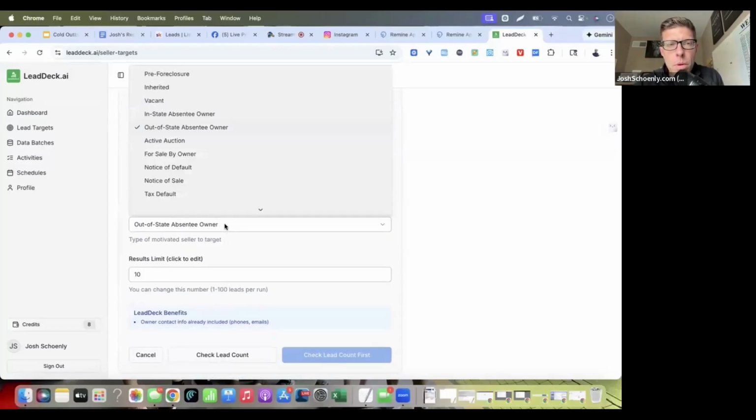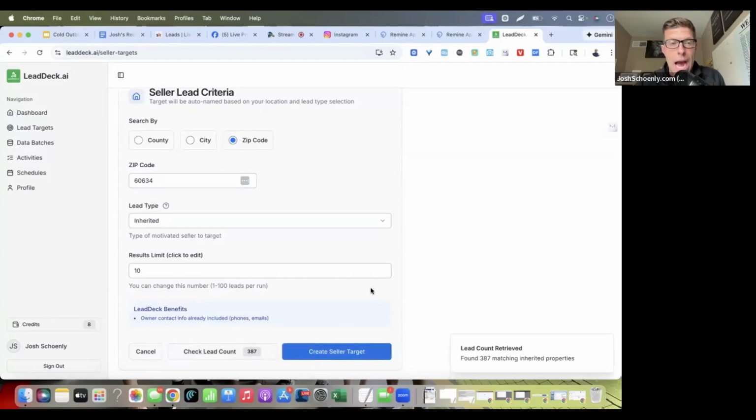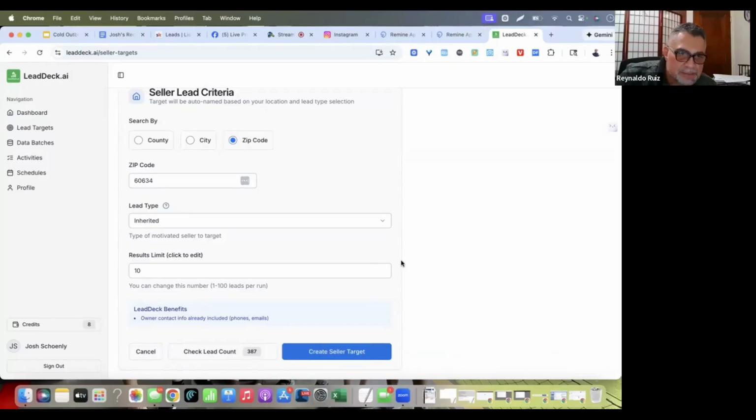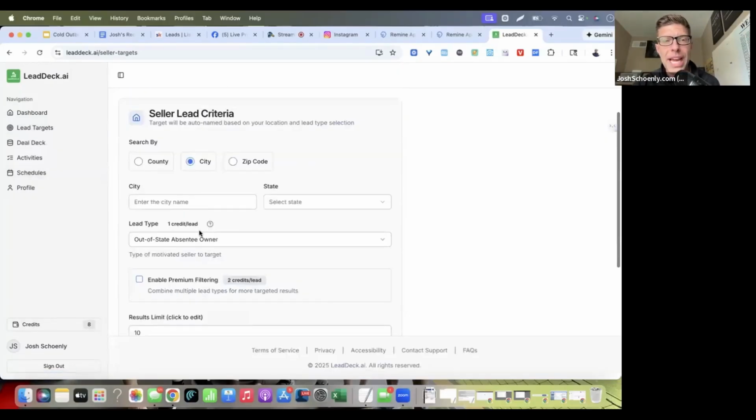Now, I can go, let's say, inherited. Okay, inherited. Wow. How populated is 60634? Everybody's dying. I guess you must be in a densely populated area. Okay. So what happens if I got 387? Well, I need some sort of engine to run. Let's say I want a smaller, more targeted audience that I will personally reach out to. I don't know why you still have to do the refresh here. But if I hit refresh,